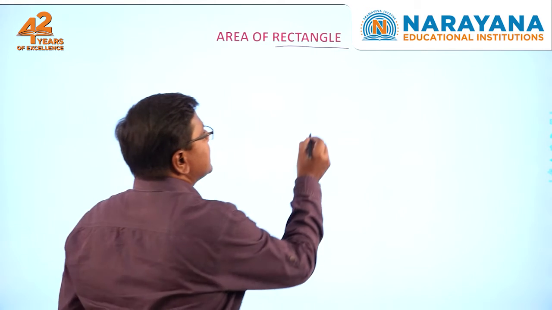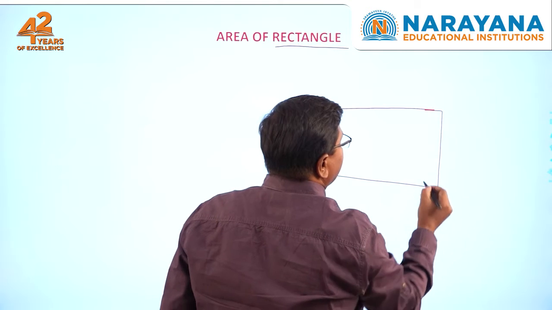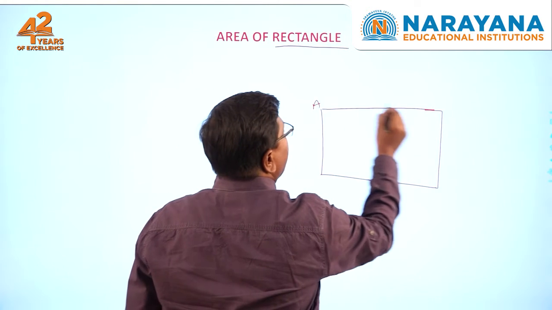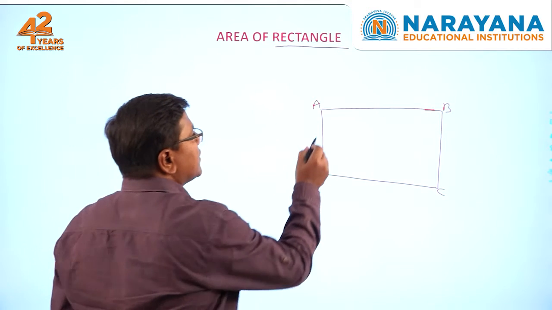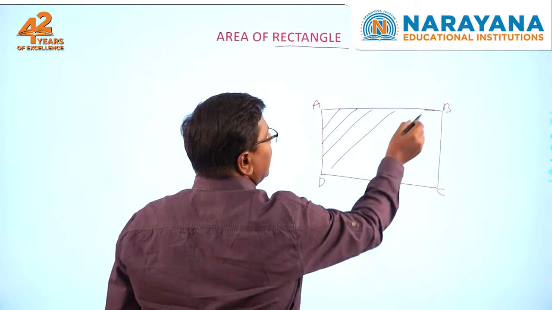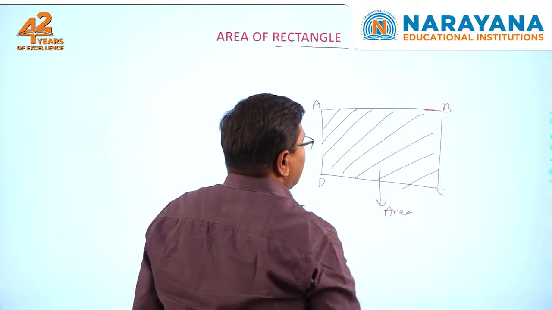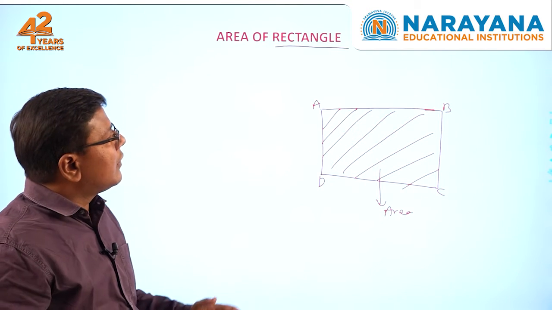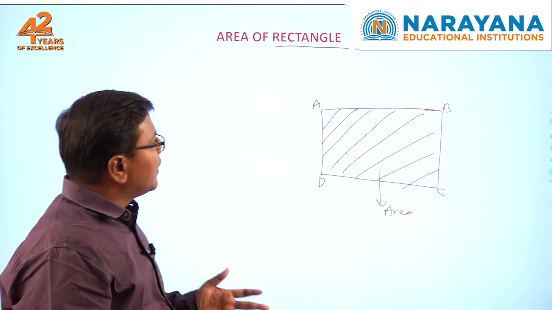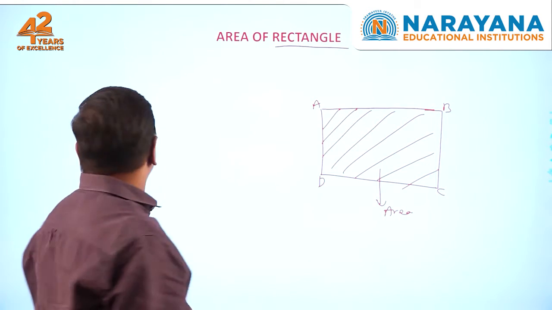Right. Rectangle, as we discussed in the morning class, has a length and breadth, with corners A, B, C, D. The outside is called the perimeter, and the space occupied inside is called its area. This is its area. Now, to find the area of this rectangle, if you approach it graphically, we will understand what the area of this rectangle is.